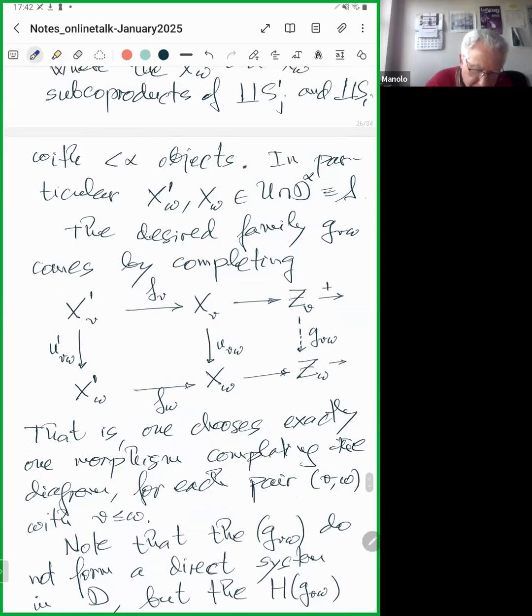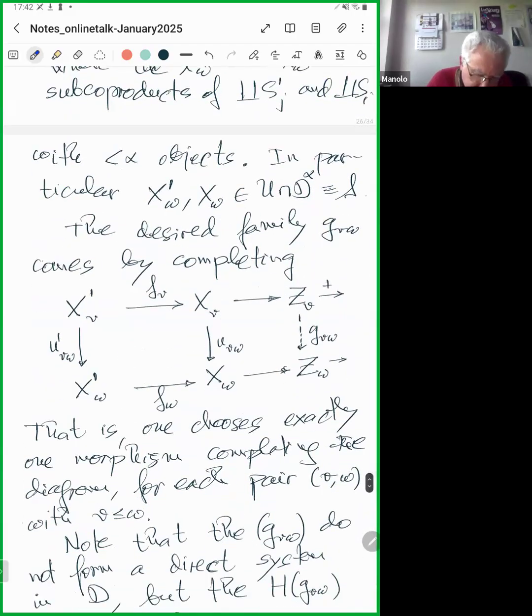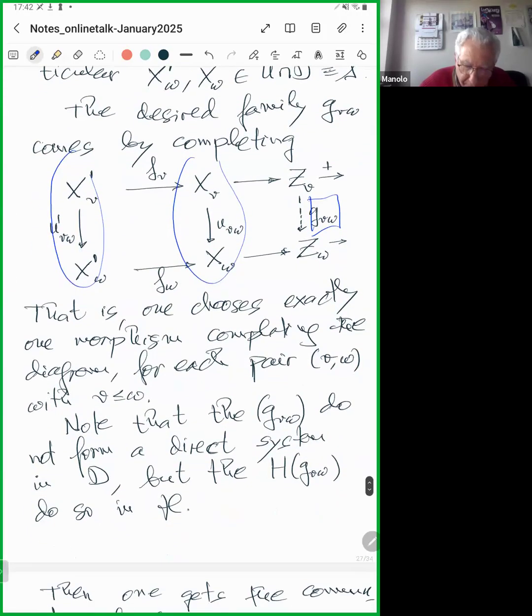Since X prime W and XW are really direct systems, you have your maps here, these vertical maps, and then by the properties of triangulated categories, you have a non-unique morphism. So what you do then is, for any nu less or equal than W in your directed set omega, you choose exactly one morphism that completes this diagram commutatively. Okay,